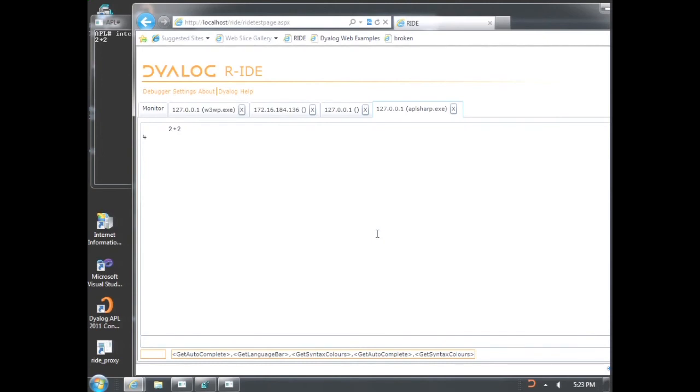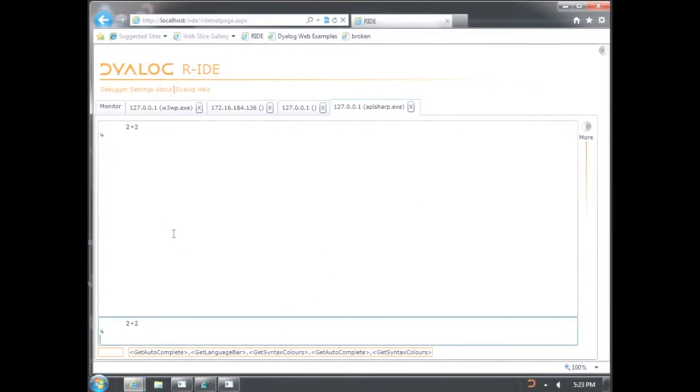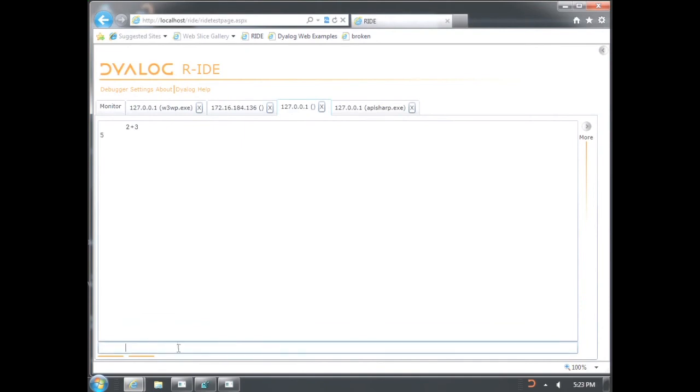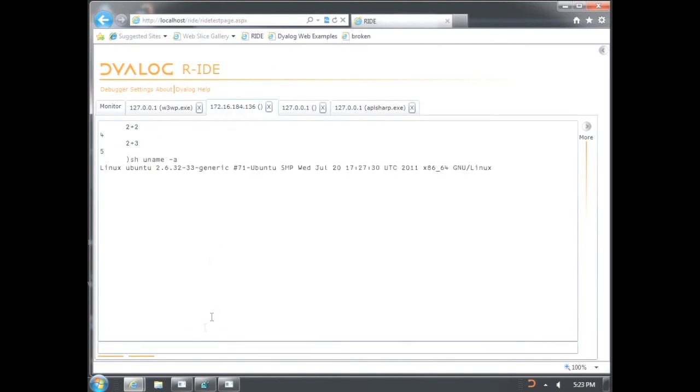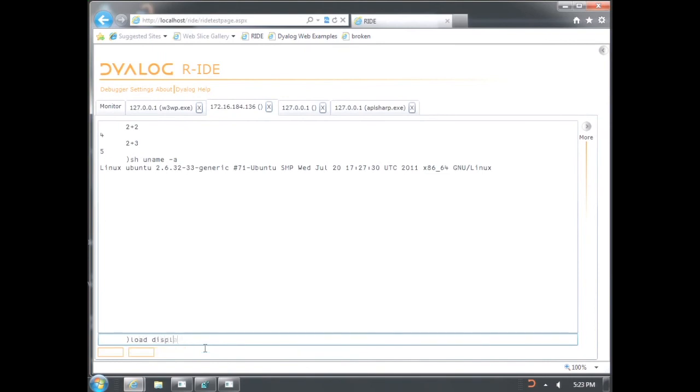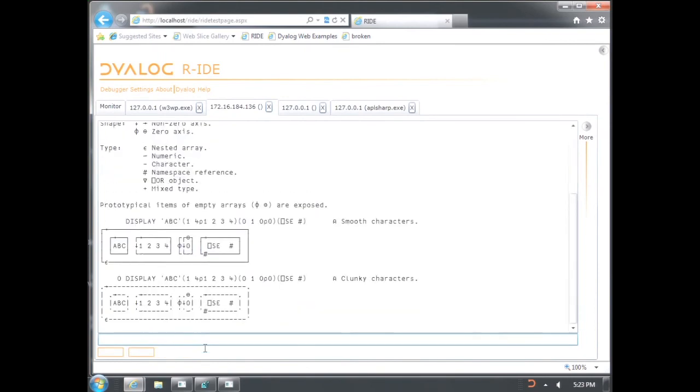So there's all sorts of cool things about RIDE. For example, it does autocomplete. At least it does in anything other than APL sharp. If I load display into this guy, okay, oh, that's less than convincing, isn't it? Let's do it somewhere else. No, that was on Windows. If I load display.dws into my Ubuntu version, okay, what we're getting now, okay, it's supposed to do autocomplete for me,